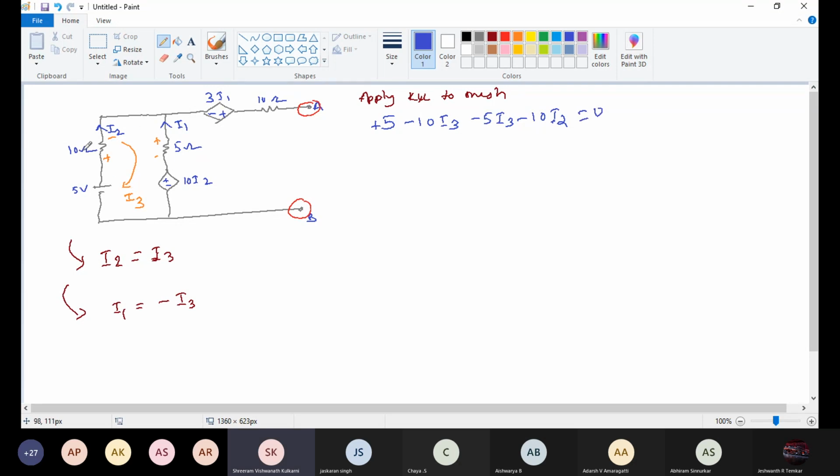Current entering is marked at a plus minus. We are writing this KVL equation with the help of loop current: plus 5u minus 10 I3 minus 5 I3, here plus to minus 10 I2 is equal to 0. Now we know I2 is equal to I3, and I1 equals minus I3. Replace these two in this equation, I'll get 5u minus 10